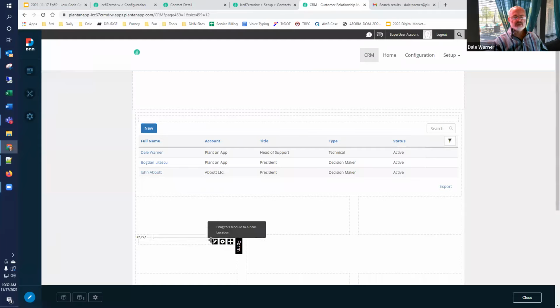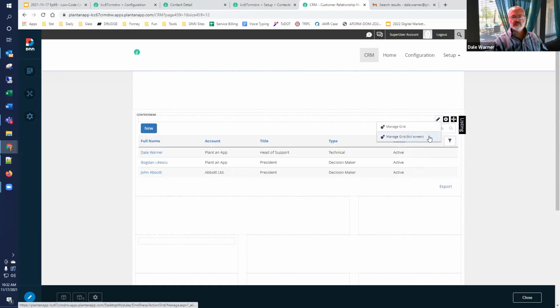So the first thing that we can do is let's wire this. Let's finish up with our grid. We'll wire this new button to activate our new form. So we will manage the grid,